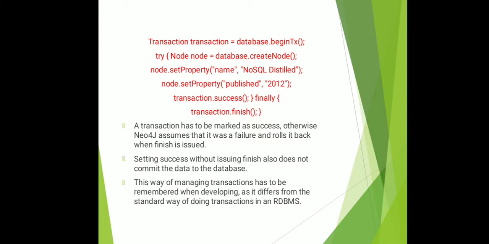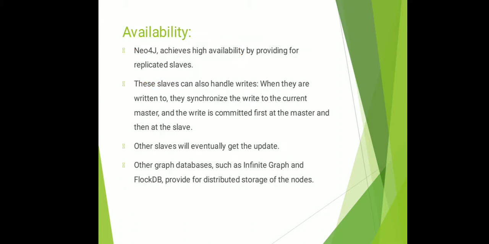So to ensure the transaction is successful, it follows all those necessary steps, and these steps are followed only when there is an update in any of the nodes. If we only want to read the values from a node, there is no need to begin a transaction. Without beginning a transaction, we can read the values present in any of the graph nodes. And the next feature of a graph database is availability.